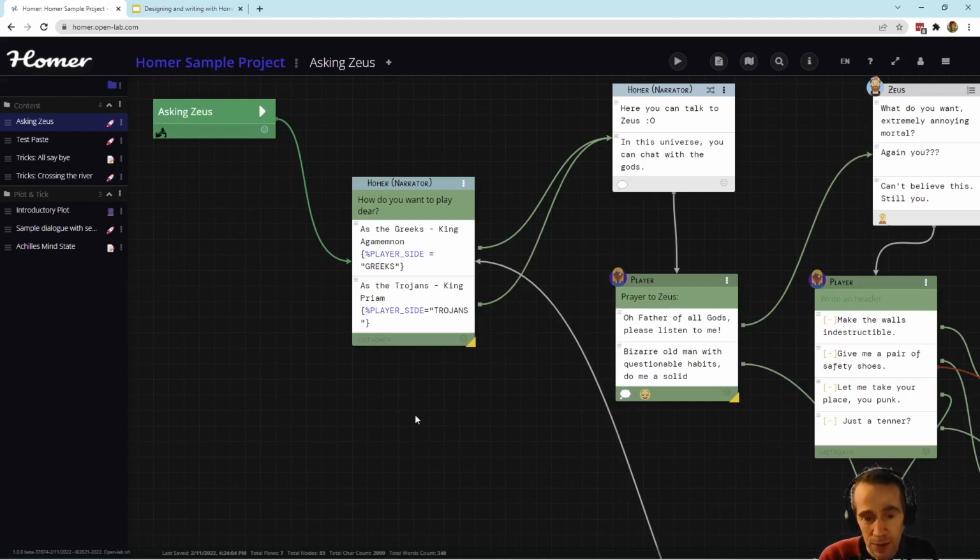Why did we build this tool? Well, yes, we know that there are other tools for game designers and writers, but the idea for Homer came to me a bit more than a year ago when I was teaching at the university a course on narrative design and game writing, and I would have liked to have a tool, a free tool, maybe web-based, that I could use for myself and with the students,